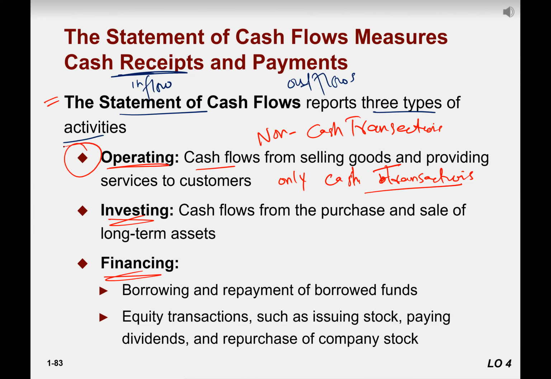The operating activity shows the cash flow from selling goods and providing services to the customers. That's it, right? How much payment is coming from customers and payment going to the suppliers? The net effect. Operating. Investing, purchasing and sale of long-term assets. You purchased